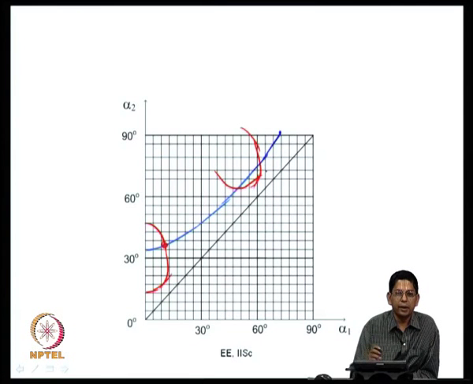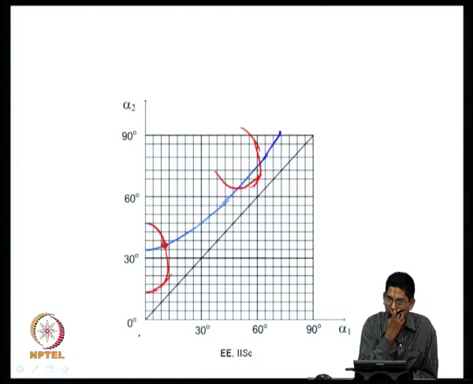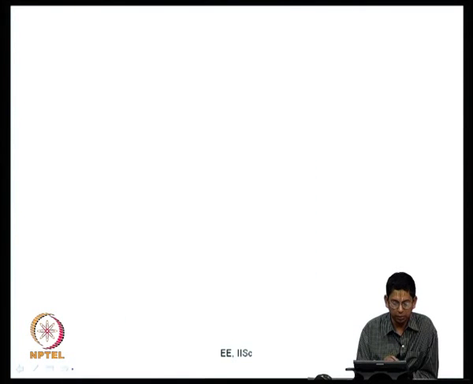So, if you are within the range where 3 solutions are possible, which point you get depends on your initial guess and your iterative procedure. It will take you to one or the other solution. And if you are within the range which is greater than that V c that I had told before, you may not get any solution at all. So, that is the selective harmonic elimination problem.